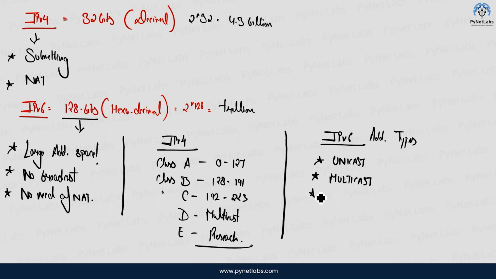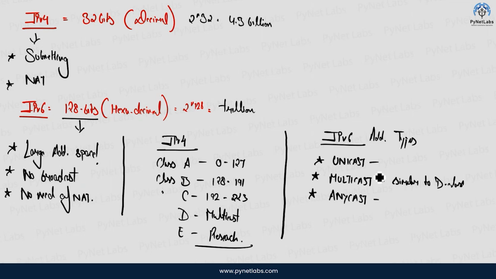And third one we have is your anycast. Now, when we'll be discussing this, anycast is categorized into three more subcategories. Multicast is nothing but it is similar to class D of IPv4. And anycast is something which is different than broadcast. So I'll let you know with an example what exactly this anycast address looks like and what's the use of